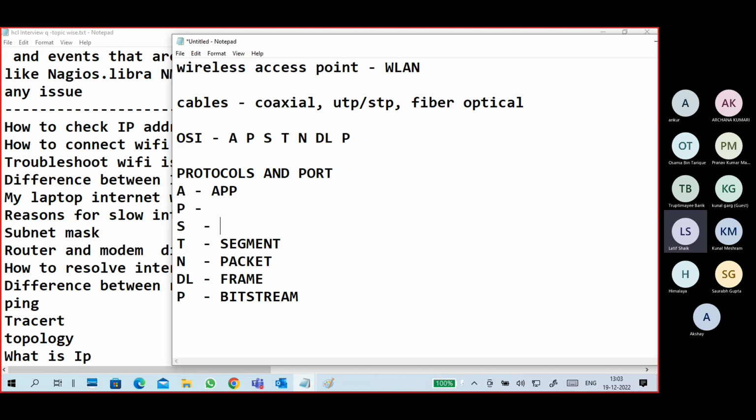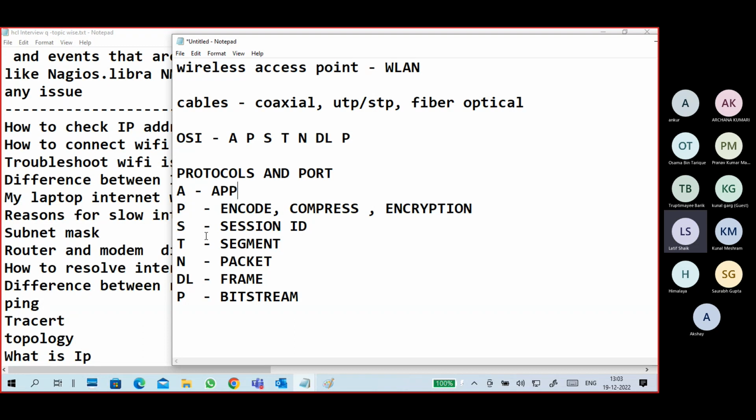At the session layer, we add a session ID. The presentation layer does encoding, decoding, compression, decompression, and encryption. Add a session ID: create a session, maintain a session, and terminate the session.